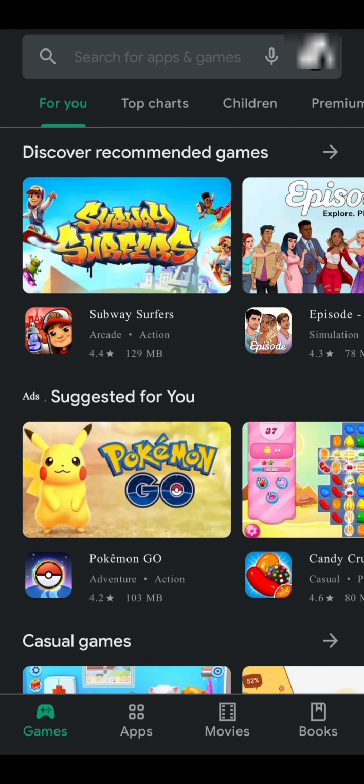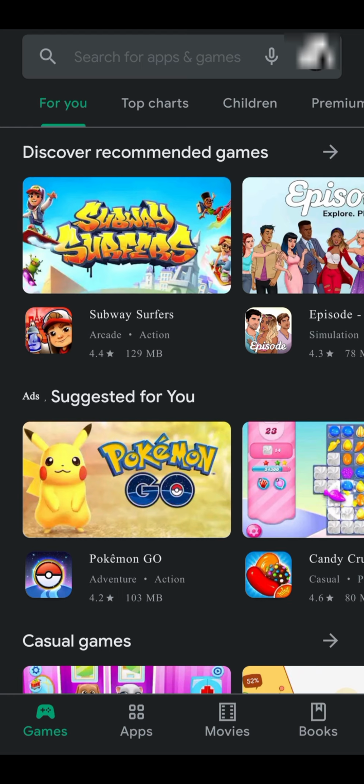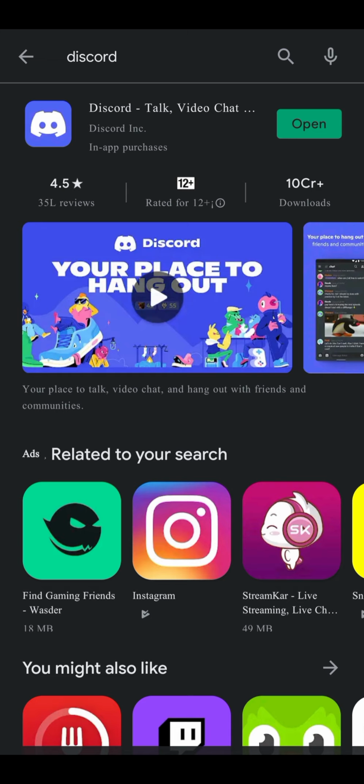In this video, I am going to share how you can create a Discord account and get into the best group for IIT BSc. From the Play Store, you can install the app. I have already installed it. So now, moving further,